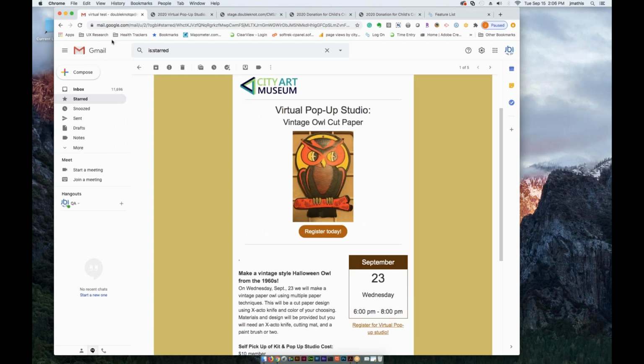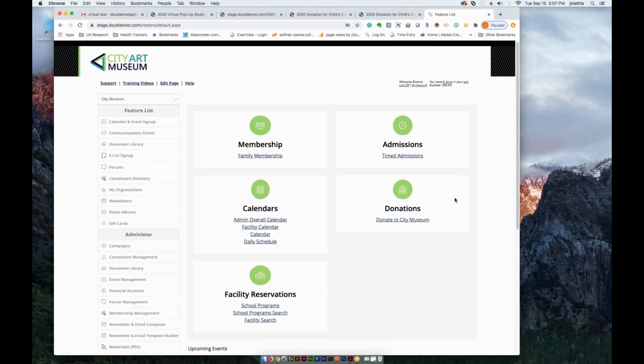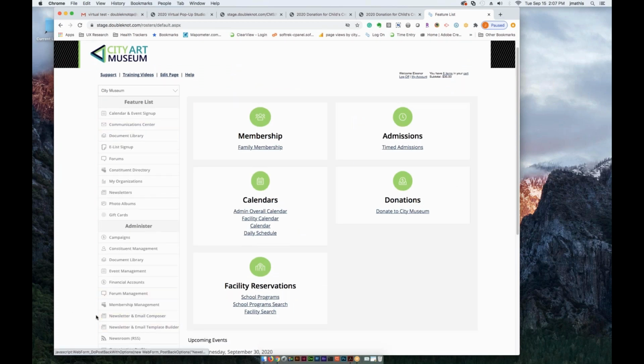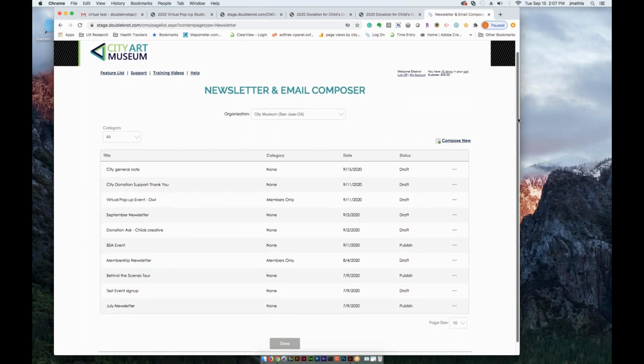So how do we create those? We come into the Doubleknot application, and then on the left-hand side, you will find this new feature called Newsletter and Email Composer. That's the part where you can create the emails to send. So within the Newsletter and Email Composer, you'll see a list of your previously saved